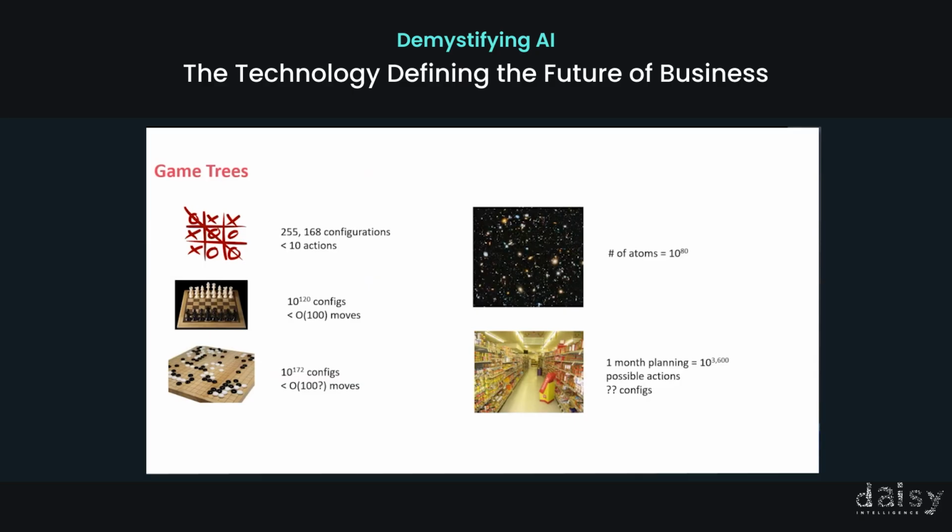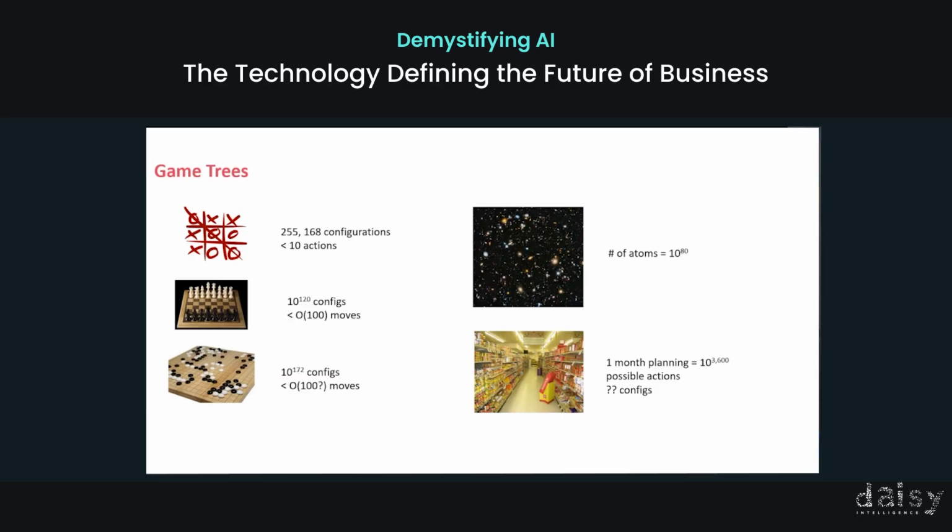The game of Go is even more complex than chess. It has more than 10 to the 172 configurations. And so when you're playing chess and Go, if you were to try to make every configuration of the game a state and build state action rewards, this is something that'd be harder to do with a Markov decision process. You need to have some different model to model the game, or you'd have to have some reduced set of configurations, because you can't build a Markov decision model that has 10 to the 120 states. So when you get into very complex systems, this Markov decision process model, which is typically used for reinforcement learning,